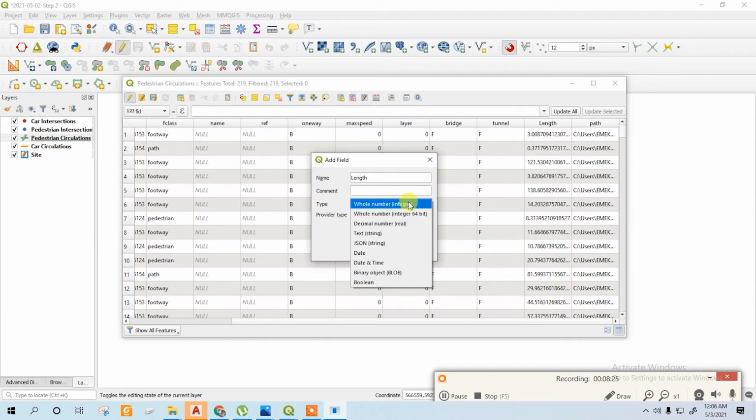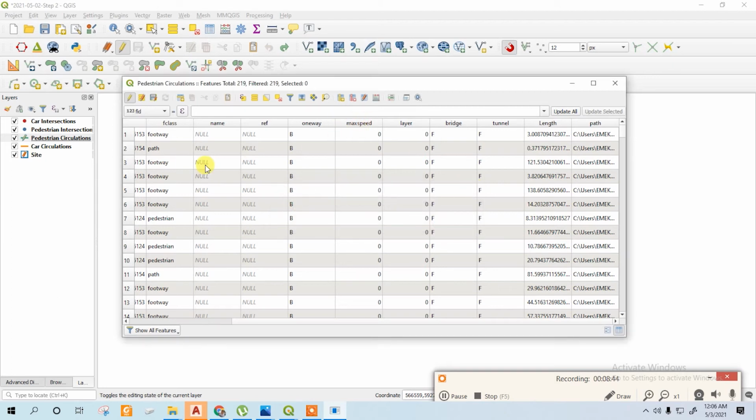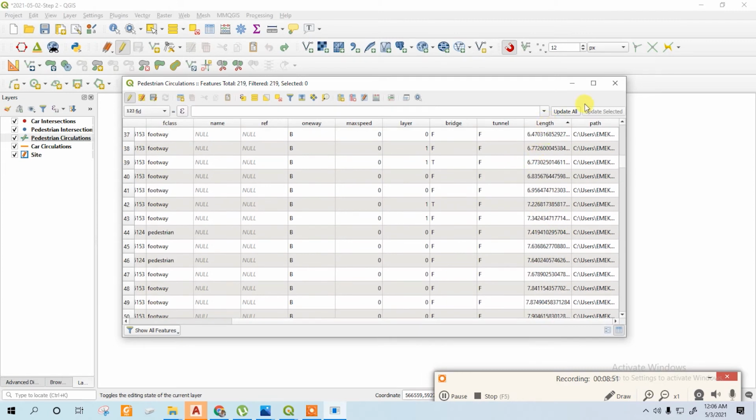Now say it could be a decimal number. Yes, so okay, here is already a length field.